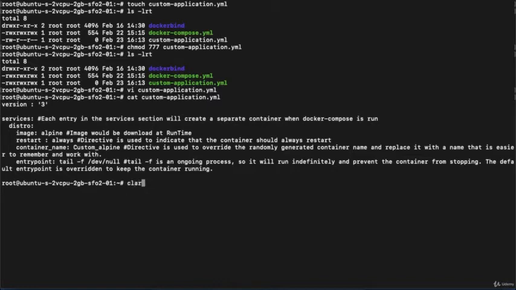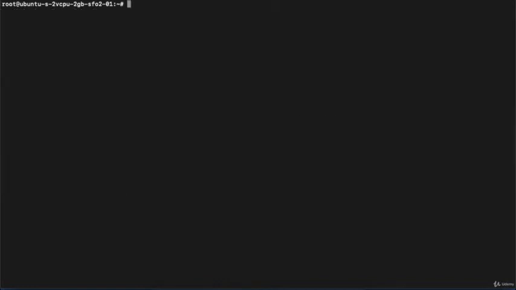Clear out your console. So team, if you have the same question again, that why we are copying the file in the terminal, it's because we are executing Docker on a cloud machine, right? This is a cloud machine, this is not my local machine terminal. And I have created the YAML file in my local machine, so I copy the content from my local to my cloud machine. If you are executing Docker in your local machine, then definitely you can execute that particular file directly. You just need to go to the directory where you have created that file in a terminal, right?